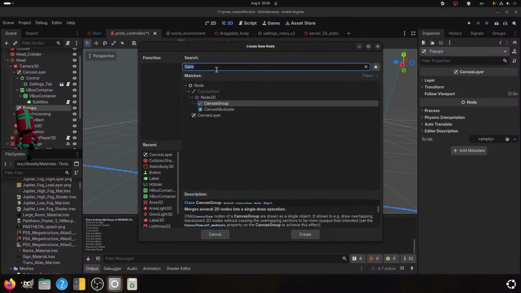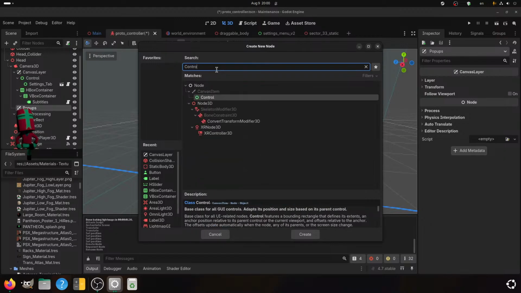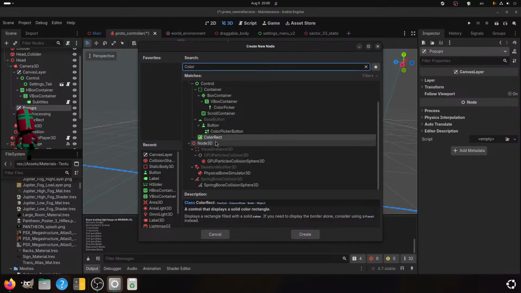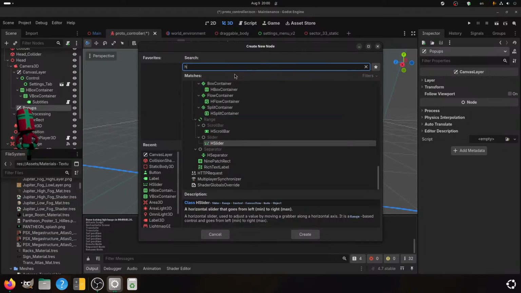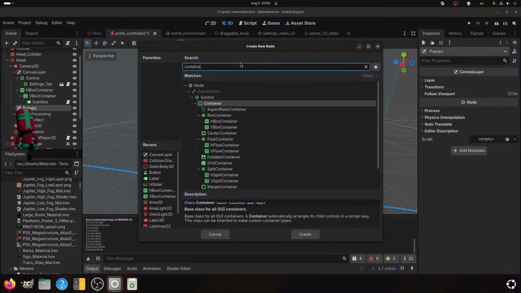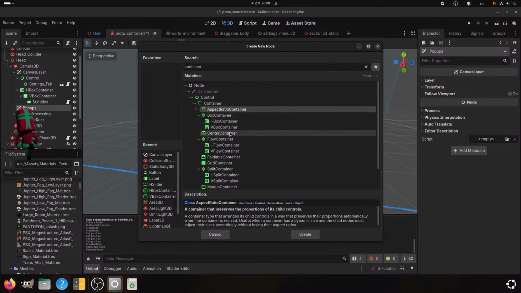And the control, actually color rectangle maybe. Container perhaps first. An aspect ratio container containing controls in each center.